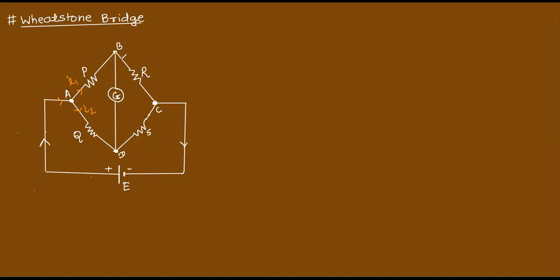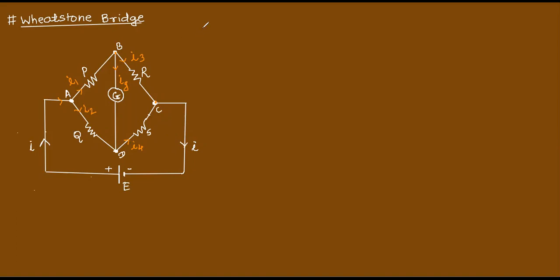Now again at this point, it is dividing here. As this is the galvanometer, I am writing here IG. This is the galvanometer current, and here I am taking it as I3, and this current I am taking as I4. And this is the current I, which is coming out again, total, to this point.